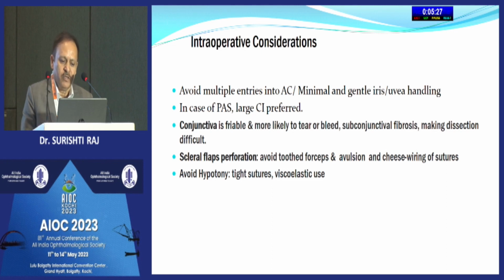iris tissue. Since the conjunctiva is friable, it's better to use non-tooth forceps, and also there is fibrosis, so there may be difficulty in making the dissection. So take care of the scleral flaps, so that there is no button holding. Avoid tooth forceps and avulsion and cheese wiring of the suture used. And at the end, make sure to avoid hypotony. The sutures should be tight, and if the AC is shallow, make sure that you leave some viscoelastic in the